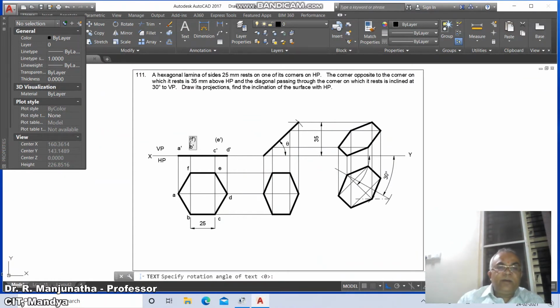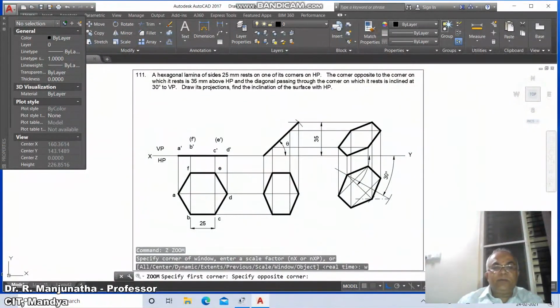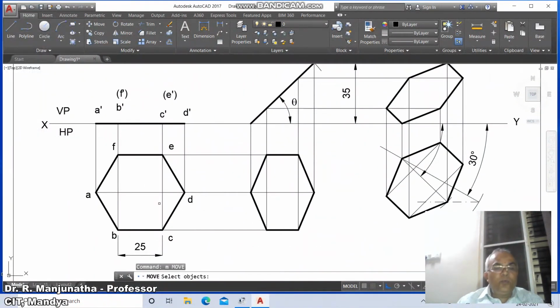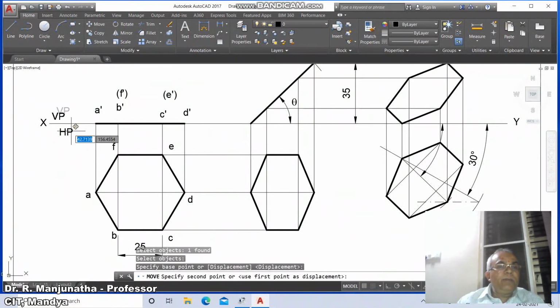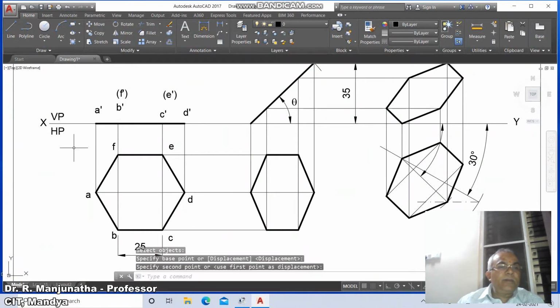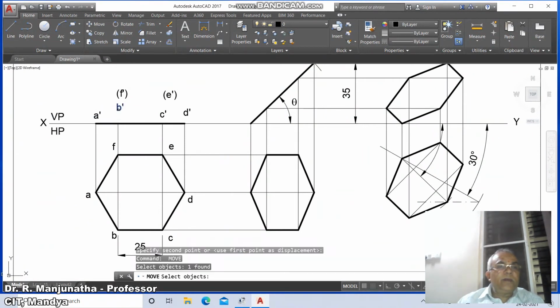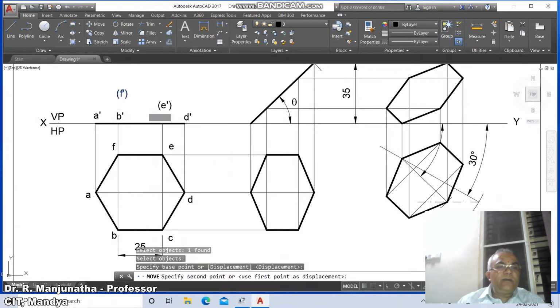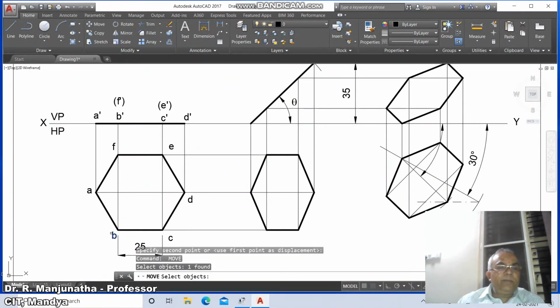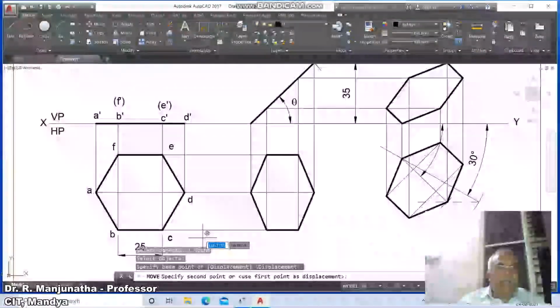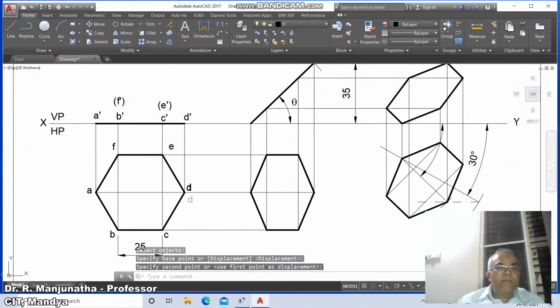Then just press enter key and come down to zoom window and go to move, switch off the ortho mode, move it here, VP, and here it is HP. Then go to A dash, then come down to B dash, take C dash, then D dash, and then E dash, then F dash. Similarly, you take A, you take B, you take C, you take D, you take E, you take F,